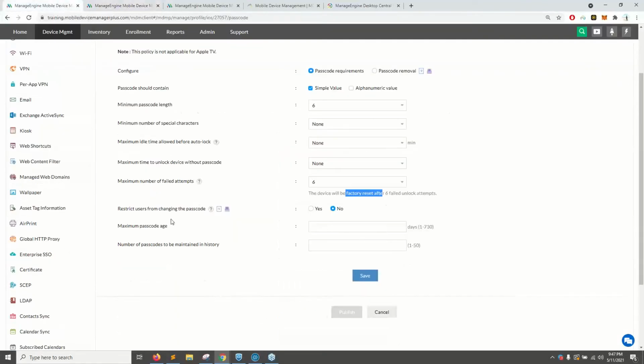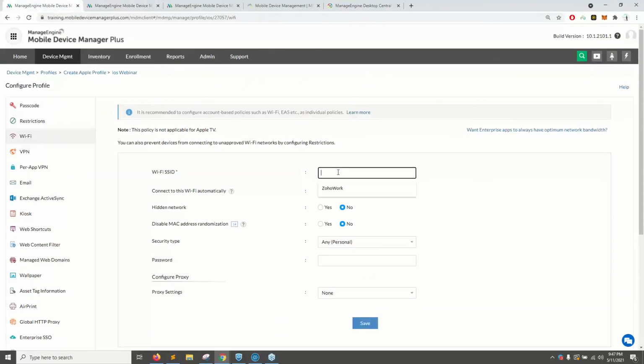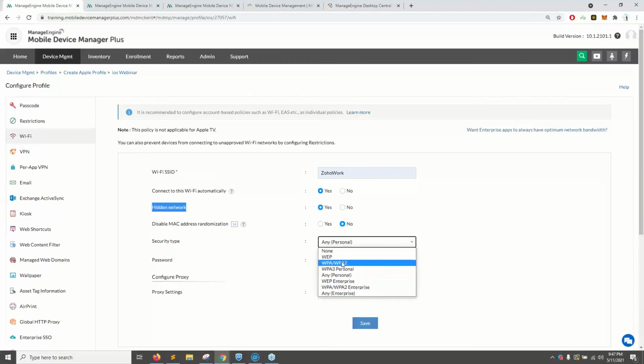And then you have the Wi-Fi profile, where you can remotely configure a Wi-Fi policy for your device. Let's say this is the Wi-Fi access point we use, and you can mention that. And if you want the device to automatically connect when it comes within the corporate range, you can choose this option as yes. And if you want to hide this network and make sure it auto connects and only allow the user to use it, then you do have an option to hide the network. And the security type, which protocol you use for your Wi-Fi connection, you can mention that as well,